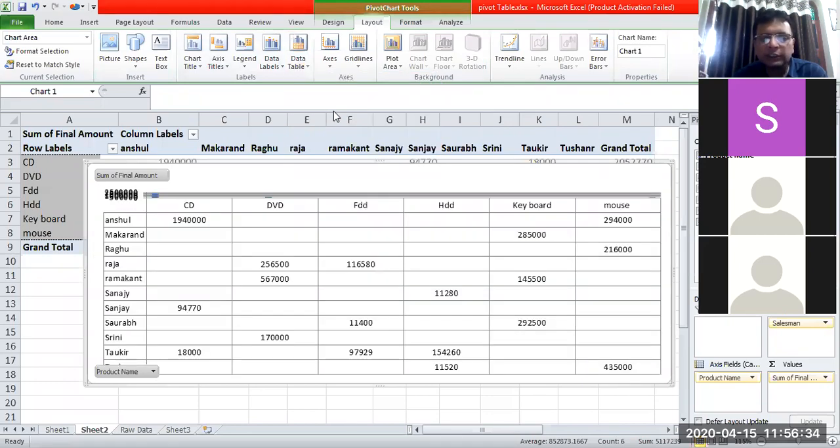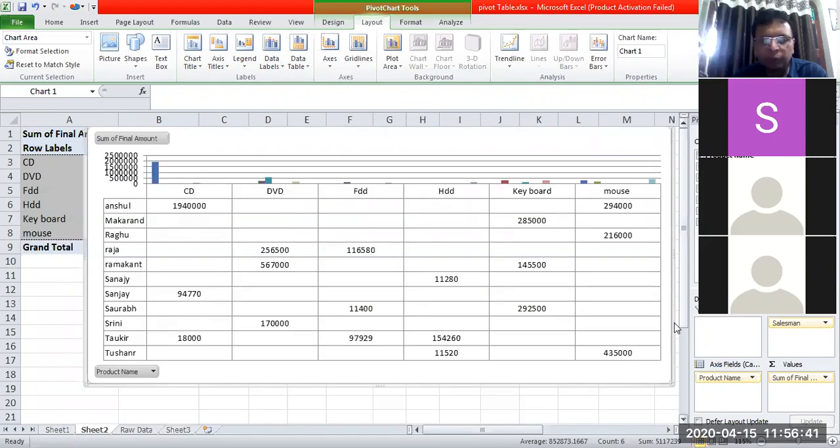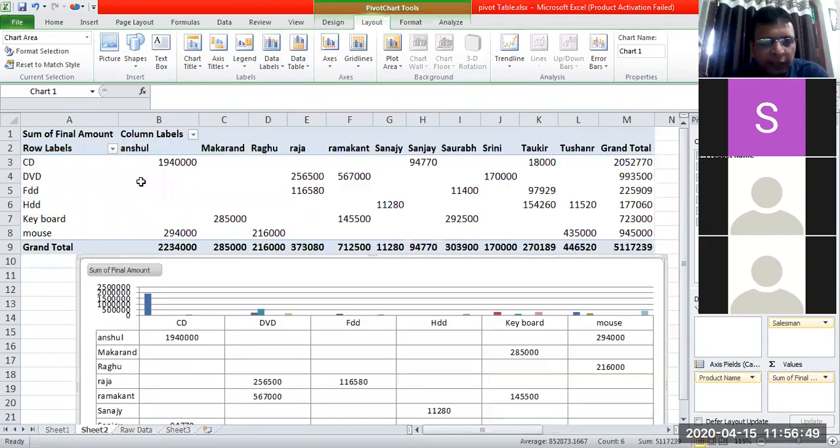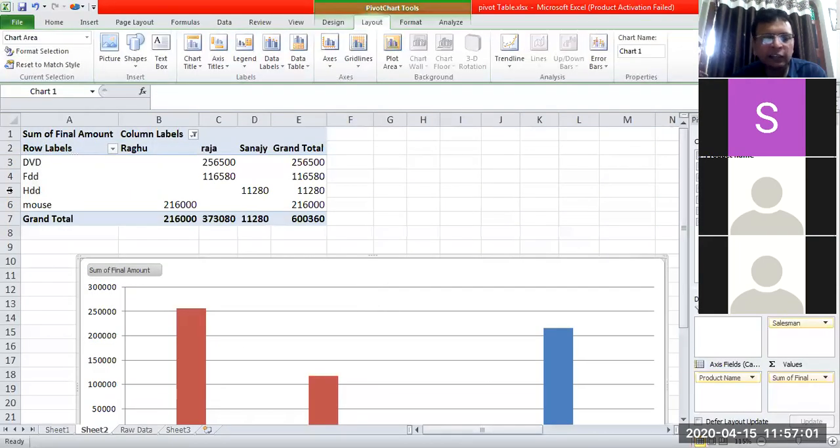Just click on this, and if you are having the area with you, if you have a little space inside the sheet, then it is very, very important. We can actually show the data also. This has become a little complex, let us make the chart a little simple. We will apply some filters there so that data is not that much. Let us not take so many salesmen. Let us have only these 4 salesmen, and then there are 4 products.